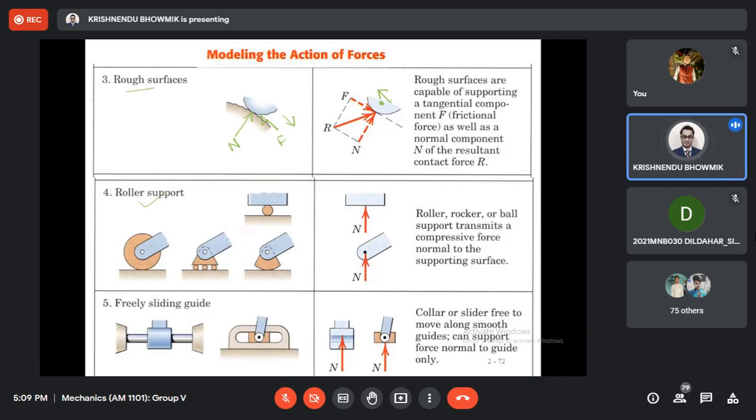Roller support. So this is the roller support. Here you can see perpendicular I am drawing here. So reaction force will be this. For this case also reaction force will be this. For this case it is freely sliding glide. Freely sliding glide, if you see this way, it can slide freely in these directions. And it is frictionless, then reactions will be along this perpendicular direction. So this or this.